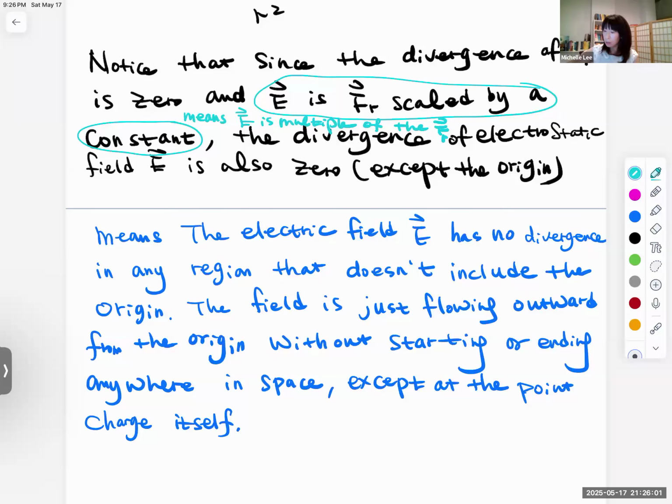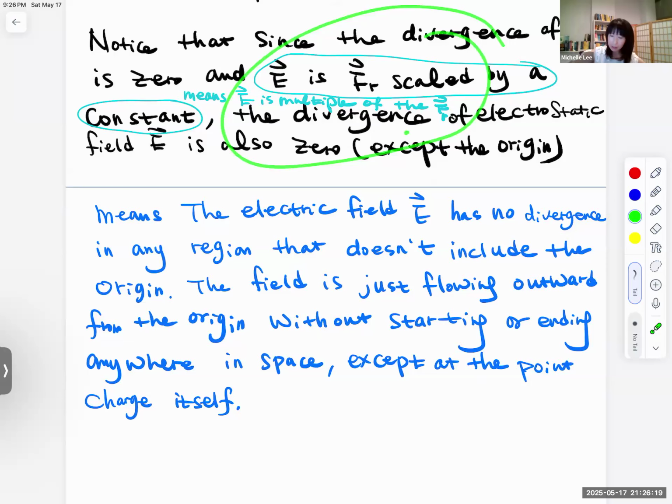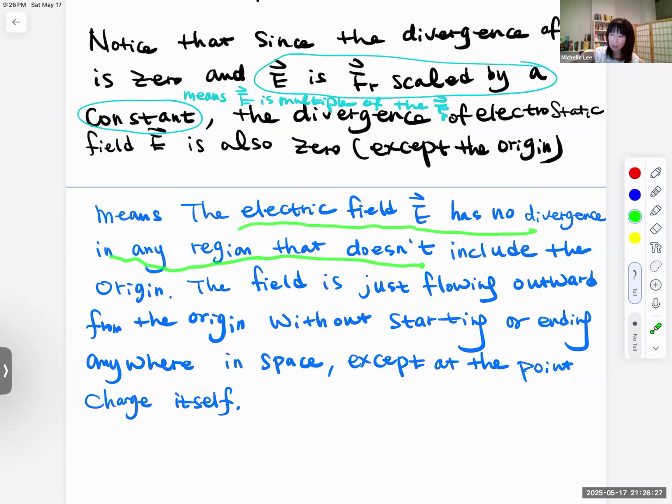Okay, so this means the electric field is a multiple of the radial vector field. All right, so scaled by a constant means that the electric field E has no divergence in any region that does not include